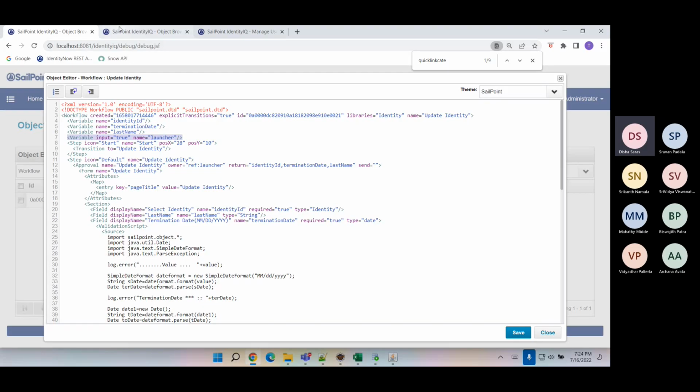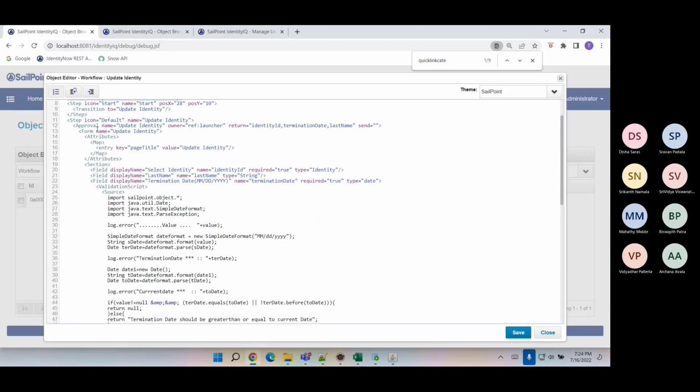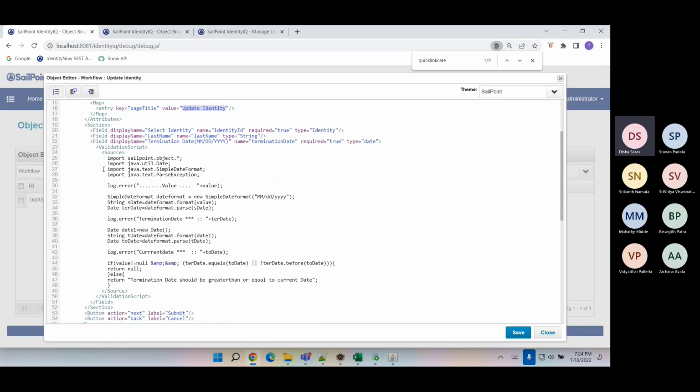So here we have the form. So if you see, who should the form be populated to? It will be populated to the launcher. Whoever is launching the quick link, he will only get the form. What is the title of the form? It is update identity. If you want to change it, you can change it for your testing purpose. And then in this section you have fields, right? These are the fields. In the first, you need to give a drop down